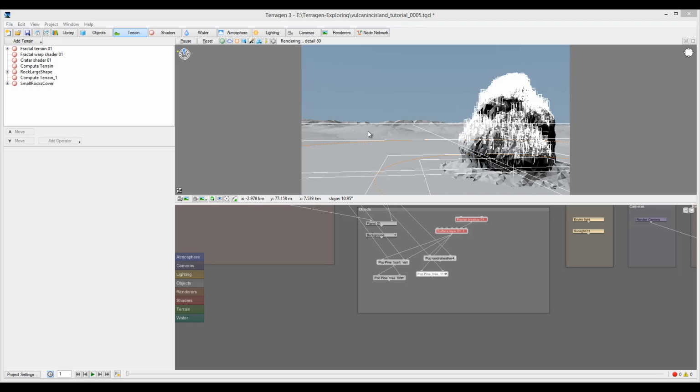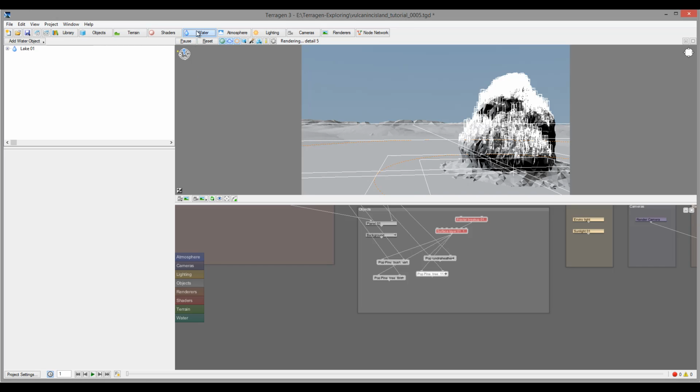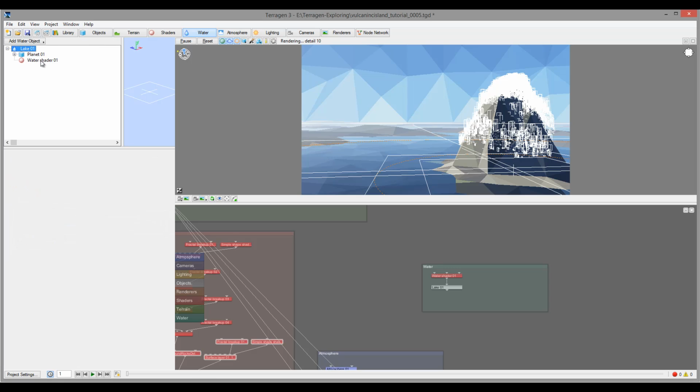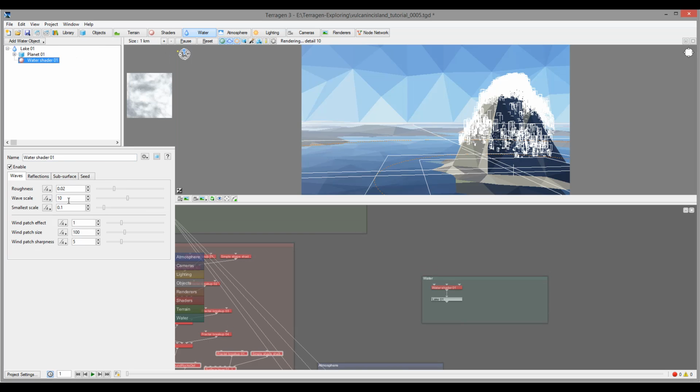Now we're going to add some atmosphere effect, and we're also going to work with the water surface. So let's do this one. We'll go first to water, lake, and right here we're going to the water shader. So what I want to do is decrease the roughness just a little bit and decrease the size of